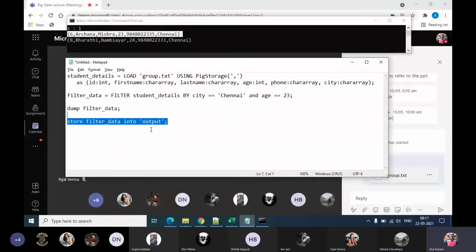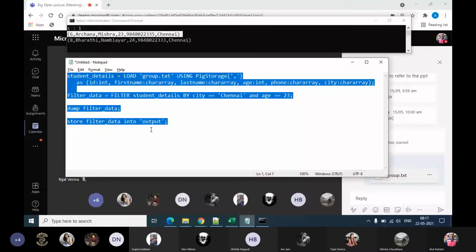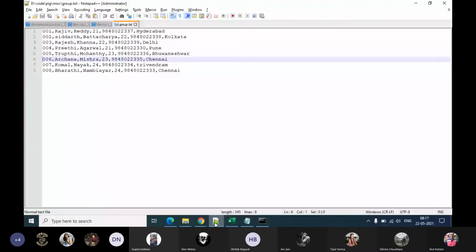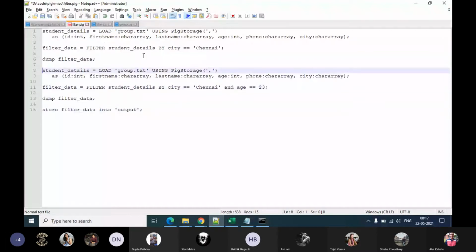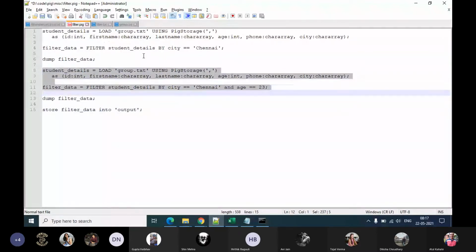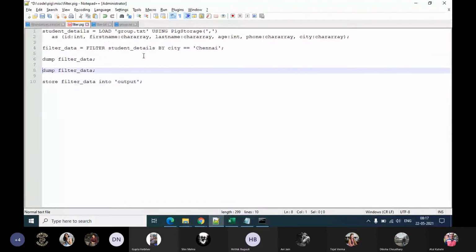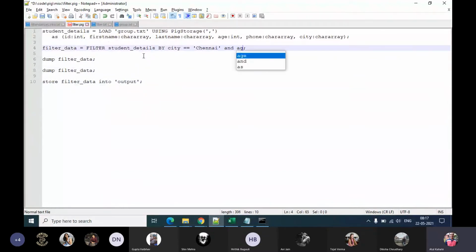So let me actually add this code to my script. Okay, I'll even add that condition and age equal to 23.